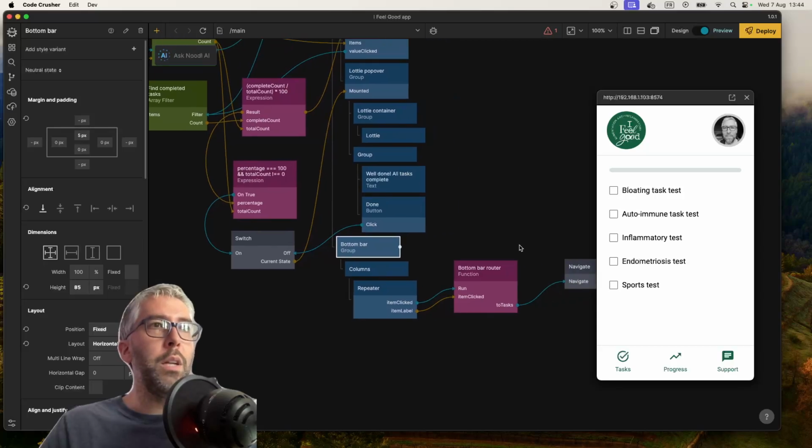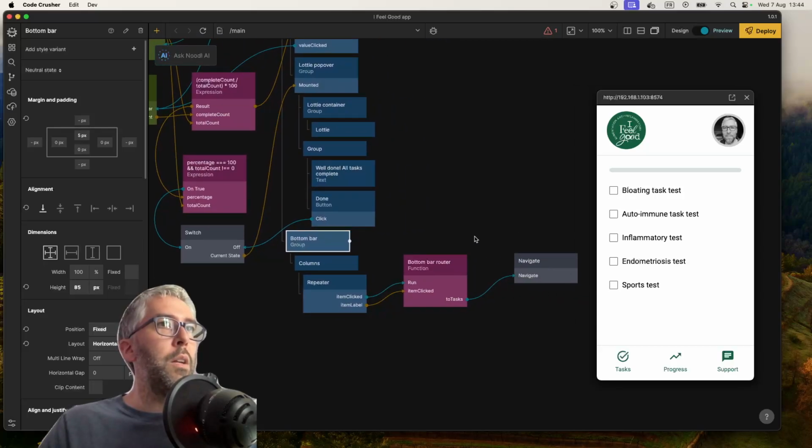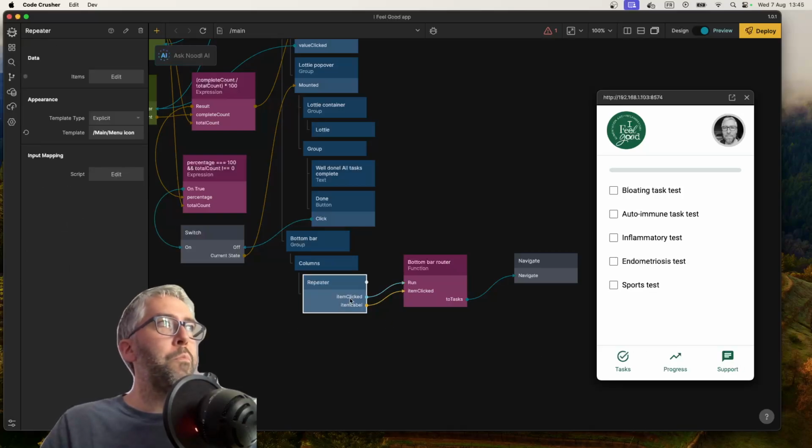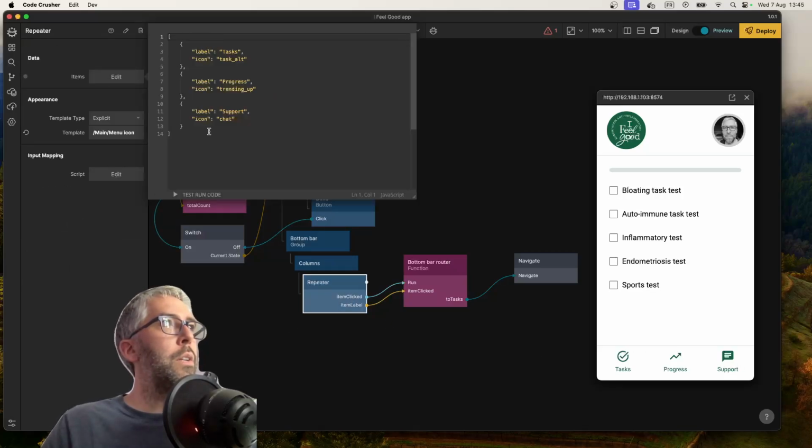I was putting it together quickly for the demonstration, and it's just columns with layout string 111. That means it'll give 3 equally spaced spaces with no gaps, because I like to control the gaps myself and not with the columns node, because it's a bit of a funny node when you let it do horizontal and vertical spacing by itself. And everything is centered so that the icons are all centered, and then the repeater has this input,